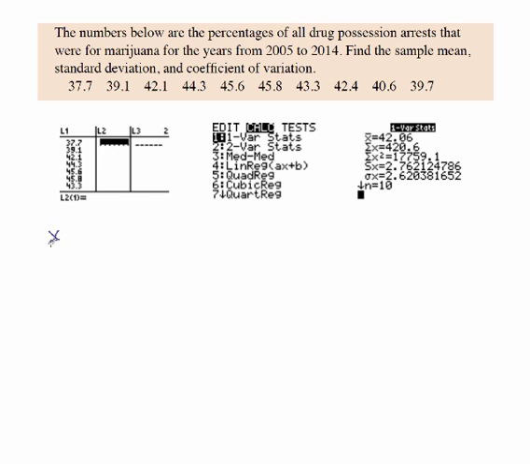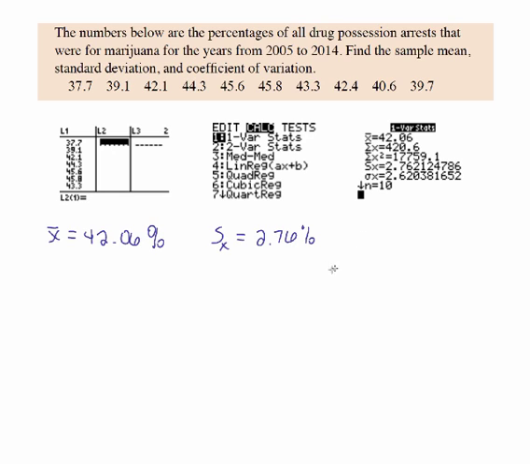X bar tells us the mean for this sample, for these numbers, and it is 42.06. And that's a percentage, because that's what all these data values are. The sample standard deviation that we're asked for is Sx on this list, and rounded to 2 decimal places, that's 2.76%. So that tells us that in an average year, the mean percent was 42.06%, which means for an average year between 2005 and 2014, about 42% of all arrests for possession were for marijuana,